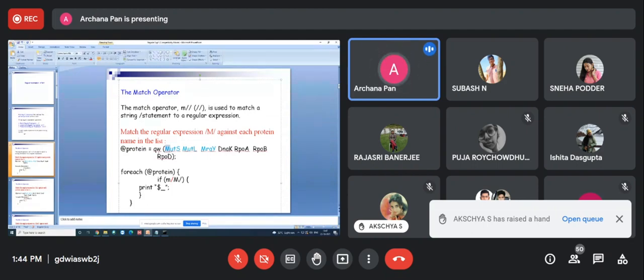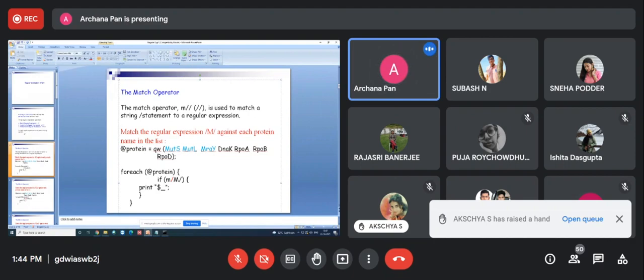You can write the program this way. This is an array. For each protein, you cannot apply the regular expression to the array, you have to use only a scalar. That's why we take one element at a time from here.